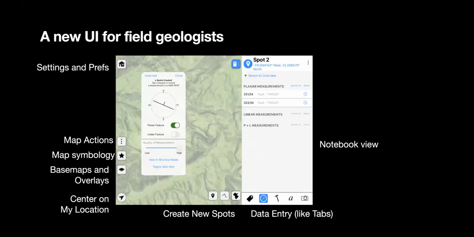So this is what it looks like. This is on an iPad, and there are a series of buttons lining the edges. All the settings and preferences are located in one area. Different map actions like lassoing, zooming to the spot extents, and lassoing structural measurements for Allmendinger's StereoNet program, controlling which map symbols show up, controlling the base maps and overlays, showing your location, the points, lines, and polygons tool that